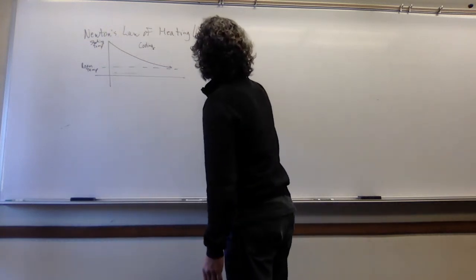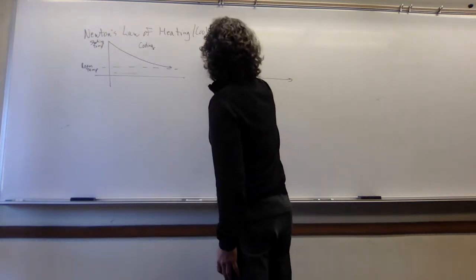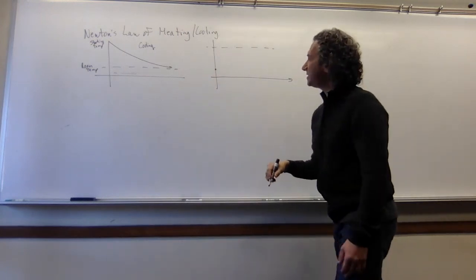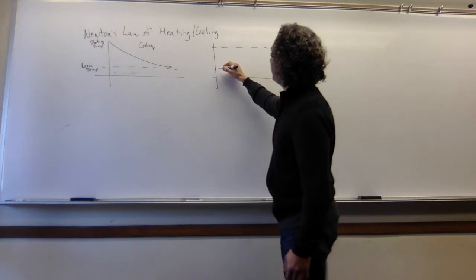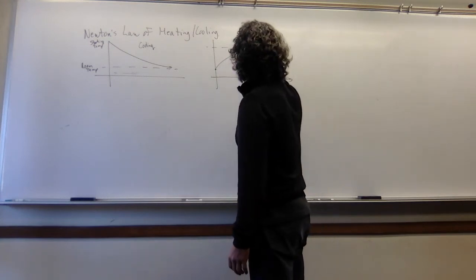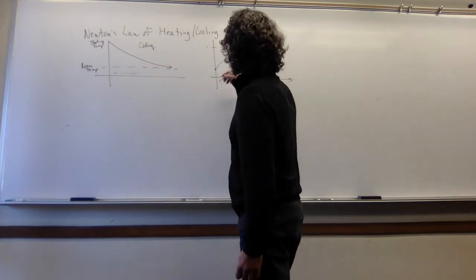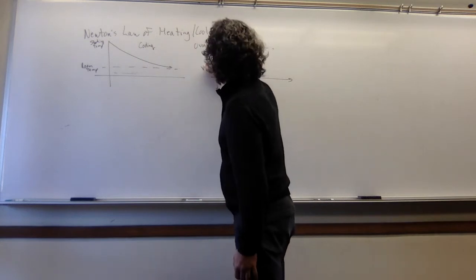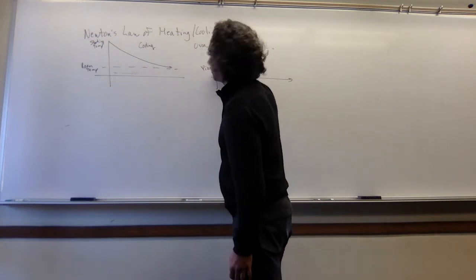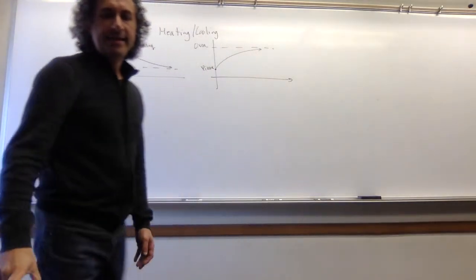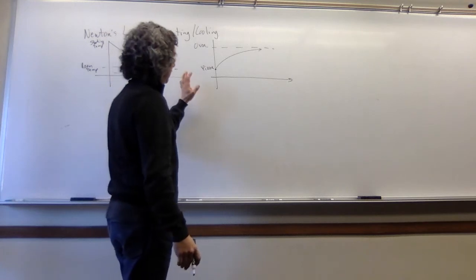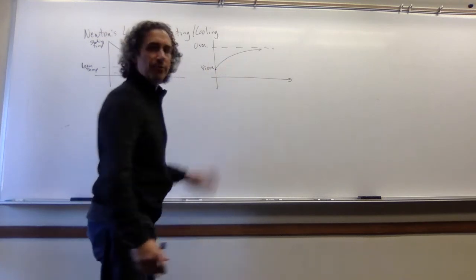Graphical representation of Newton's law of heating might be where you put a slice of pizza that you haven't cooked yet, you put it in the oven, and it's heating up to the temperature of the oven. And he discovered, let's talk about this one. You can exchange it for this one pretty easily.